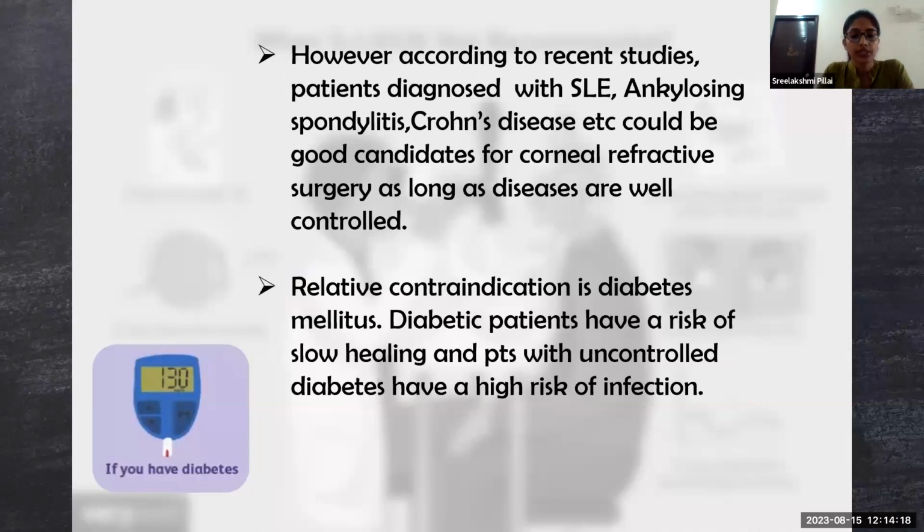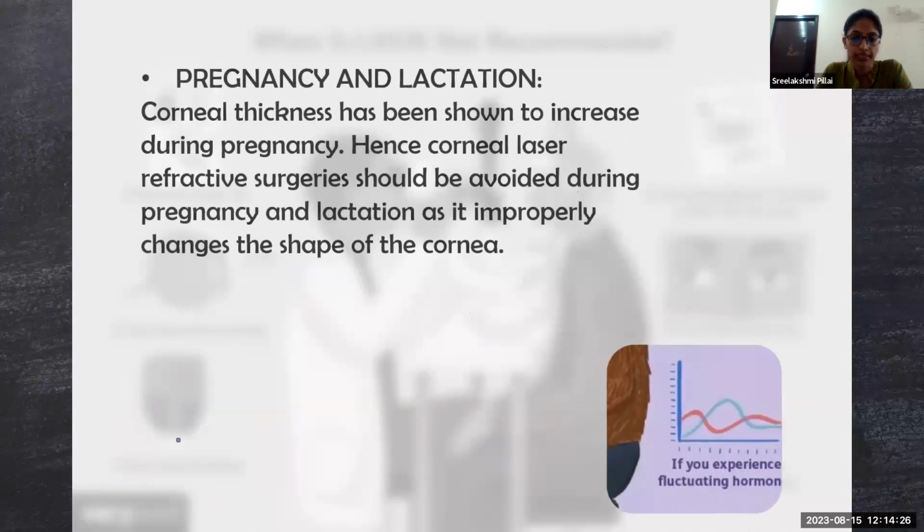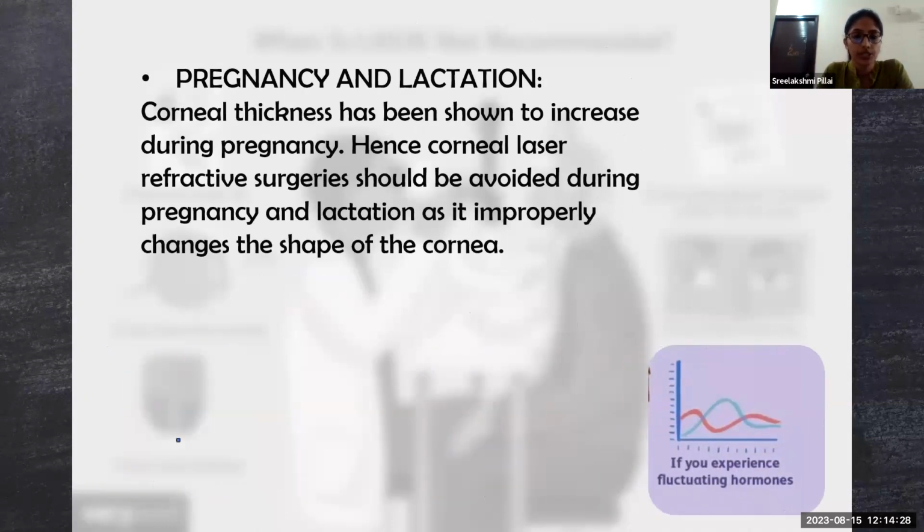Also, a relative contraindication is a patient with diabetes mellitus. Diabetic patients have a risk of slow healing, and patients with uncontrolled diabetes have a high risk of infection. Coming to the next contraindication, patients who are experiencing fluctuating hormones, that is in the condition of pregnancy and lactation. Corneal thickness has been shown to increase during pregnancy, and hence these surgeries are avoided as it can improperly change the